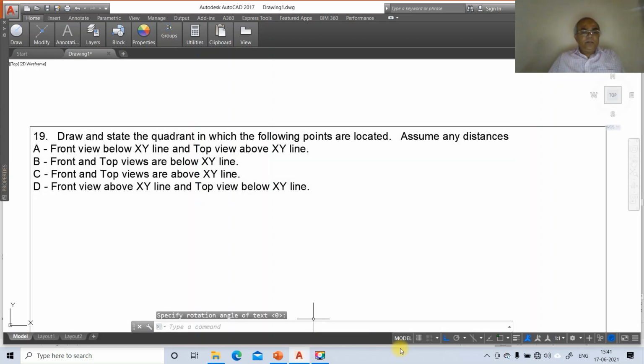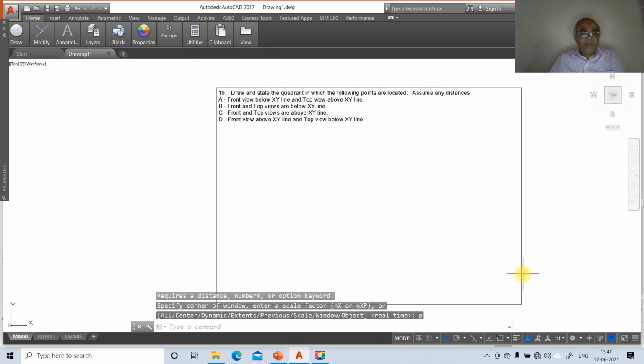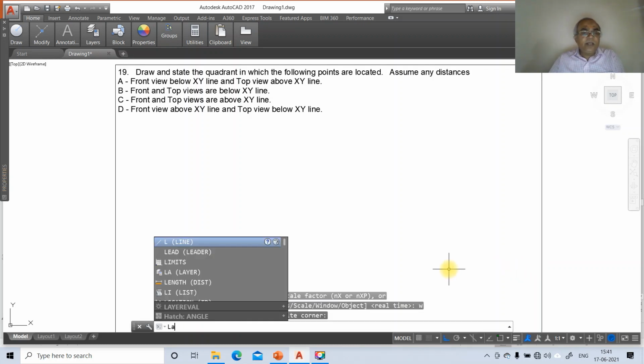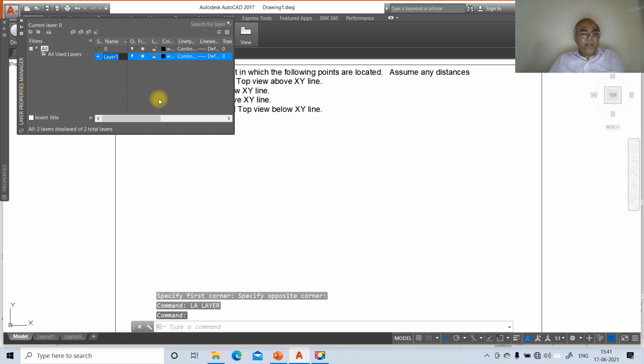And now this is the problem. Now we need to write the solution. So to write the solution, now we need to first create the layer. So go to layer, click on new, type the layer by name XY, then click on new, type the layer by name front view, click on new, type the layer by name top